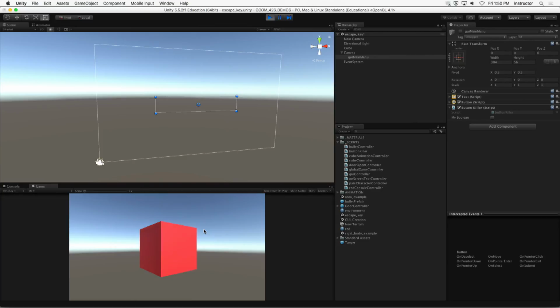The canvas is still on. It's still active inside the scene. So we also could go into maybe an additional script that we place on the canvas and say, okay, if this thing is off, if the GUI main menu is off, find it and enable it. Okay? But there's a different and probably a little bit easier way of getting to the result that we're